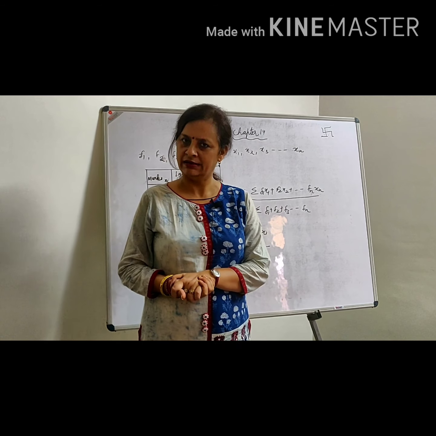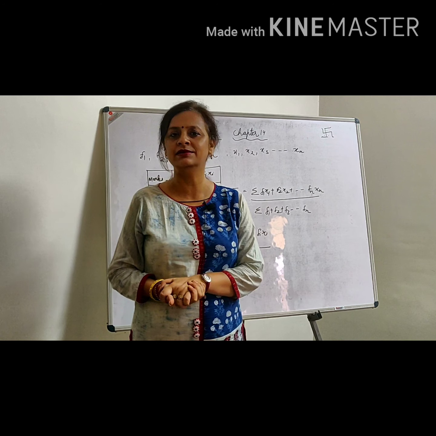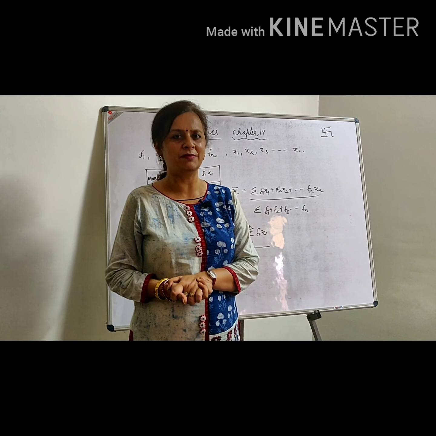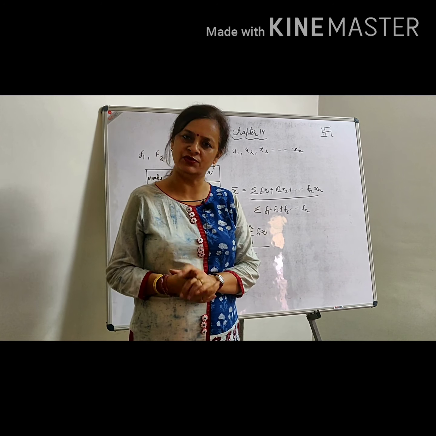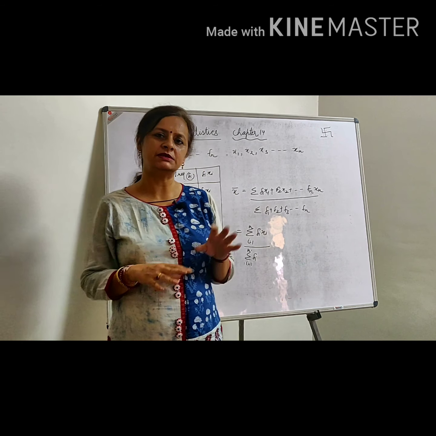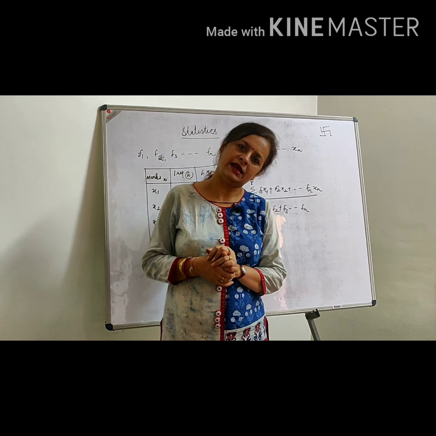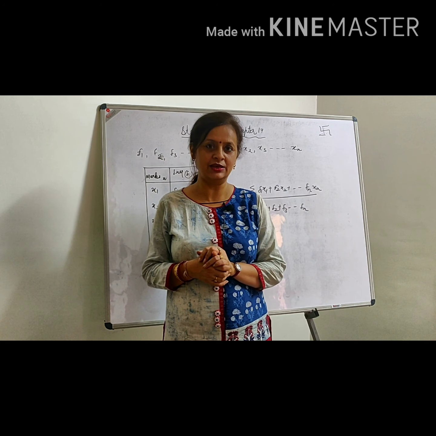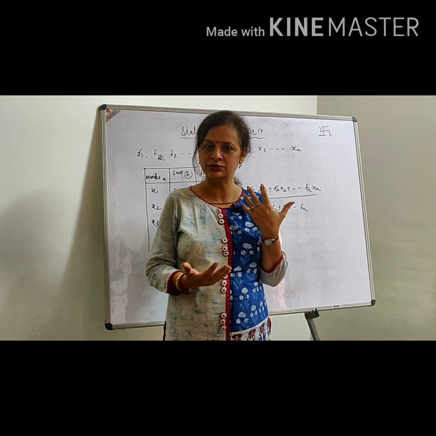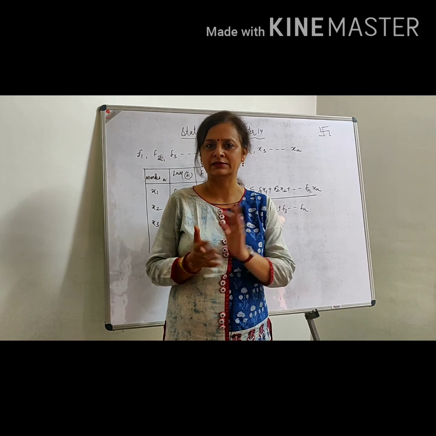To find out the mean of the grouped data, there are three methods. The first method is the direct method, that is a very easy method. The second method is the assumed mean method, and the third method is the step deviation method. From your syllabus, the step deviation method is related. That was a little bit difficult one. The rest of the two methods are easy, and these are very scoring also, and you will enjoy these methods.